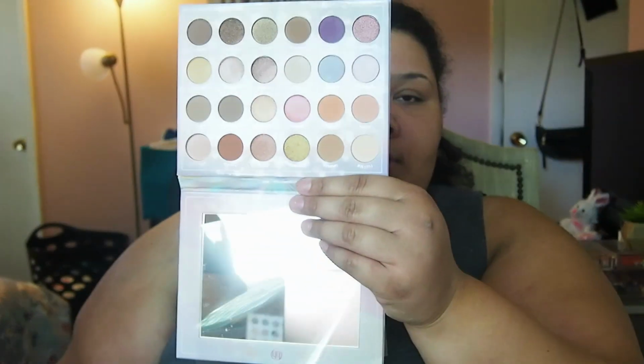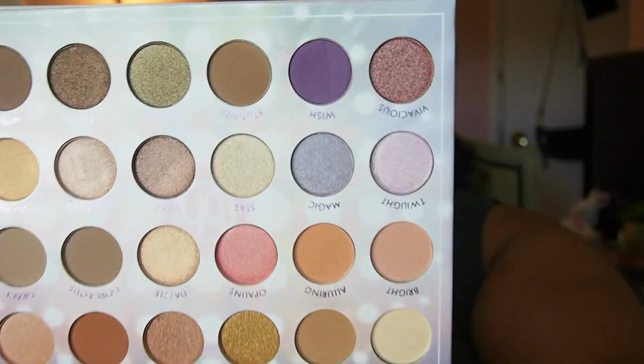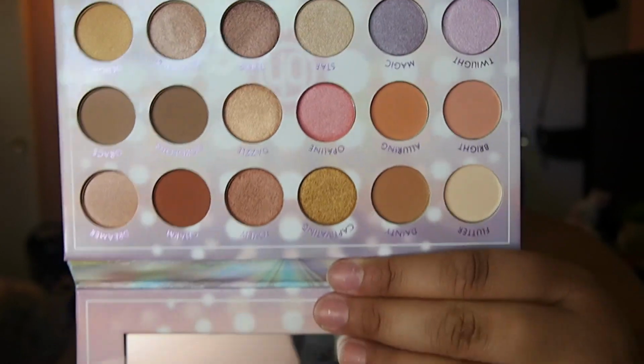I got an eyeshadow palette from BH Cosmetics. I'm going to be using the Opalescent palette from BH, which just looks like the prettiest summer palette. It looks perfect for summer, and it has a lot of great colors in here. It reminds me a lot of the Anastasia Norvina palette, which I'm vlogging today, and I said that in my